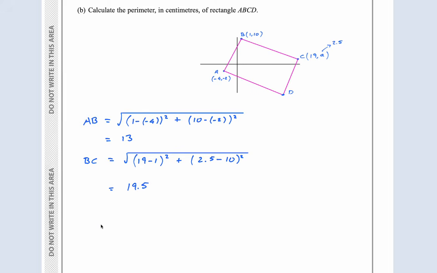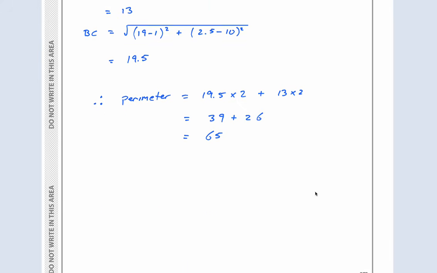19.5. Therefore, the perimeter is equal to 19.5 times 2 plus 13 times 2, because it's 2 of these and 2 of these. 1, 2, 3, 4, 4 sides. 19.5 times 2 is 39. 39 plus 13 times 2 is 26. 39 plus 26 is equal to 65, which is correct. Okay,